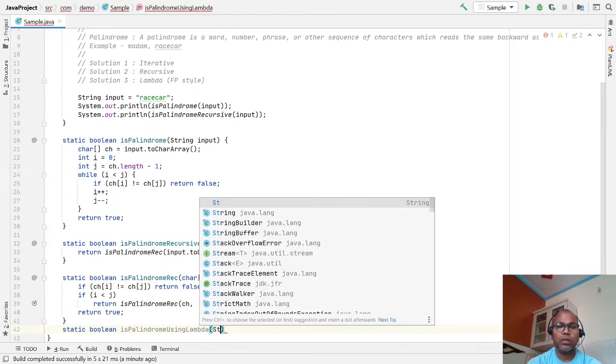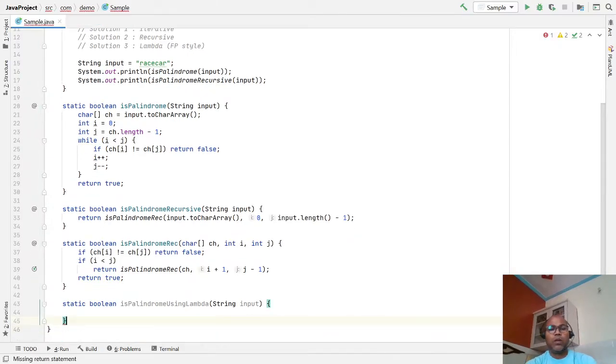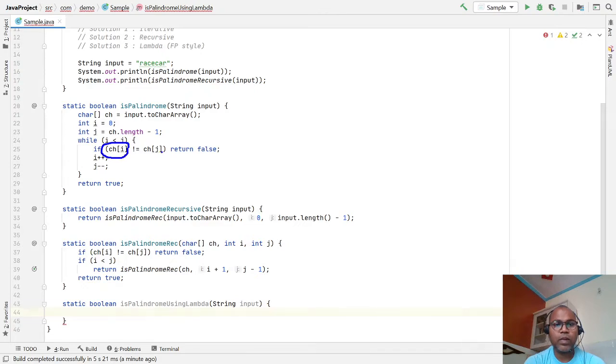We have a string input. So let me think about what we are doing here. We are only checking whether the first position character matches the last position character. If none match, then return true, else return false.